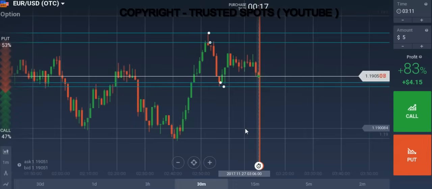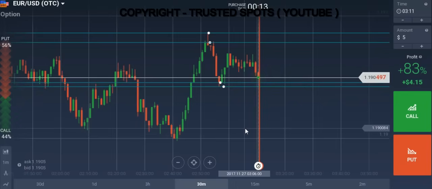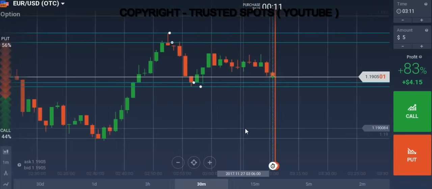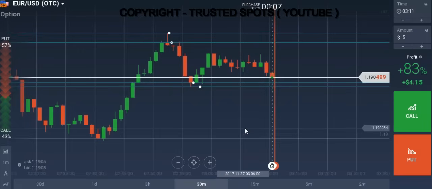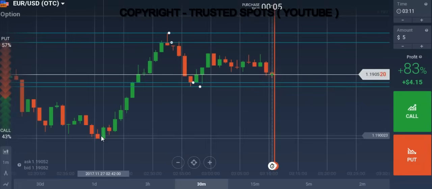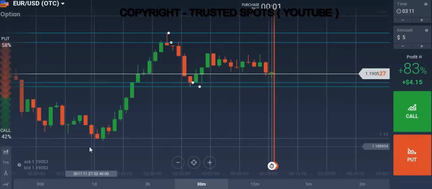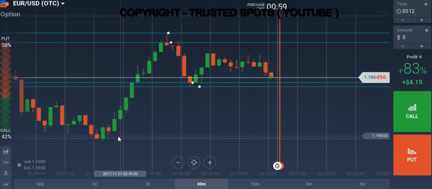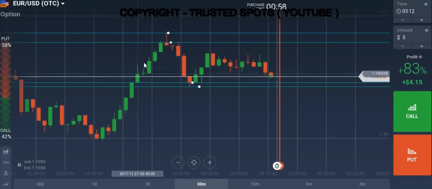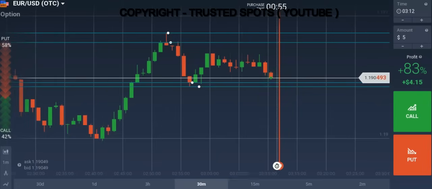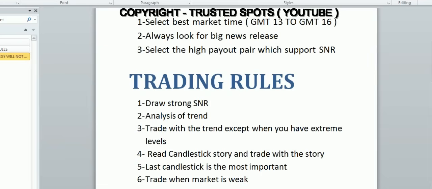And it is for the beginners. I will not say always try to go with the trend with every trade. With the passage of time, you will have experience, you will gain knowledge, and sometimes you will be able to put trades against the trend as well and easily win. But it will take time, so stick with the trend. And if you want to go against the trend, try to use extreme level. So this is the third rule.